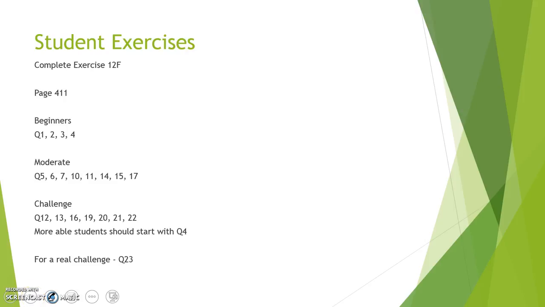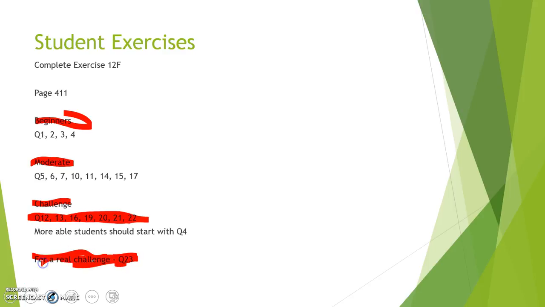Now, as before, there's 3 levels of questions. Beginners, those who don't know the formulas very well or have trouble visualizing things, should be starting with questions 1, 2, 3, 4. Most of us should be starting somewhere in the moderate range, question 5 onwards, where things are a bit more challenging, either with mixed units or multiple shapes or objects. But where we want to be is most or all of us working at those challenge questions. For a real challenge, question 23. It's a nice, tough one. So this is our goal, to be able to do those questions there. That concludes